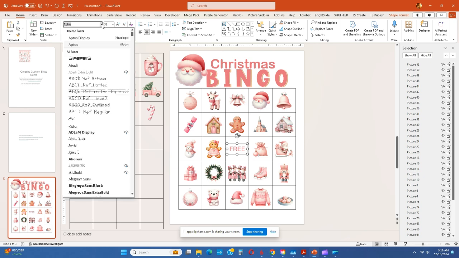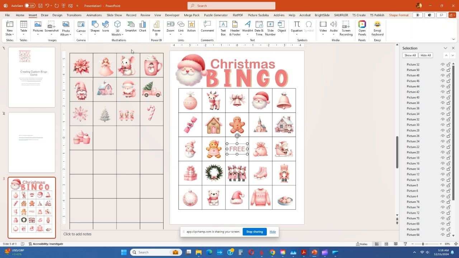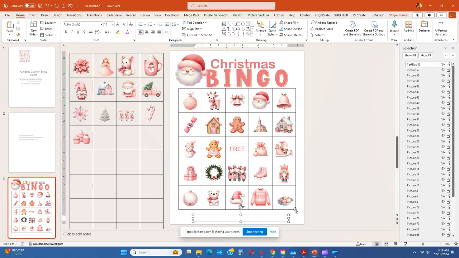I'm going to change the color of the text on that free space to go with my graphics. I thought I was going to change the font, but I decided not to make any changes to the font. I'm going to leave it as is for now. Okay, so we have the basis of our bingo board set up, and now we're ready to move forward with,